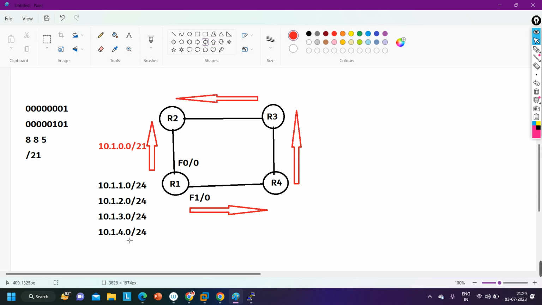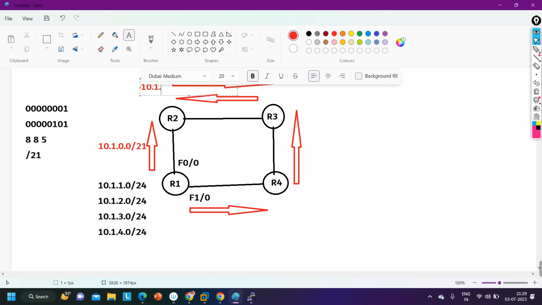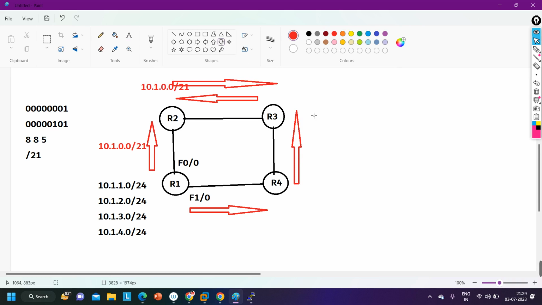Yes. So router 2 is receiving all individual prefixes via router number 3 and one summary route from router number 1, and router 2 will also advertise the summary network, 10.1.0.0/21, to router 3, its neighbor, yes or no? After that, router 3 will also advertise that summary network to its neighbor, router 4.